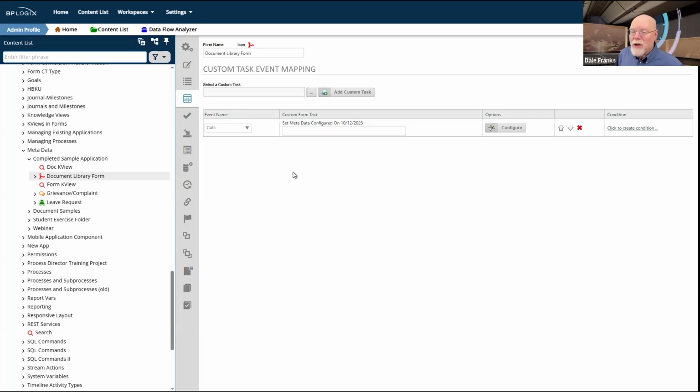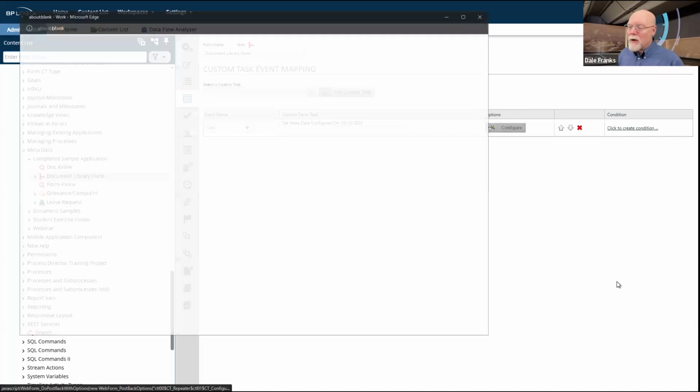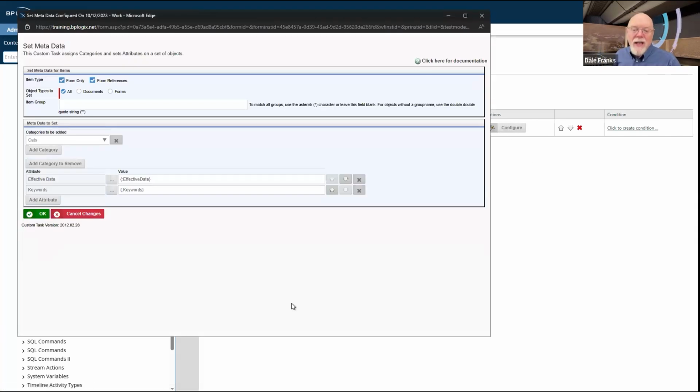And so I don't actually know what attribute in my metadata that I want to set unless I know what category for which I'm setting the metadata. So in this particular case, I need to run the set metadata custom task because I need to add a category to the form instance. And once I add that form instance, I need to pull the effective date and the keywords.